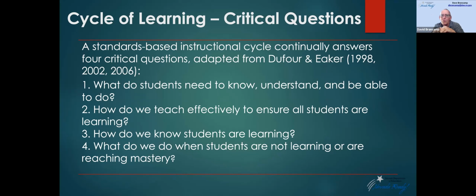And then that piece: what do we do when students are not learning or not reaching mastery? It's not always that we just pull out some new program or something else. It might be that you have to teach it a little differently, that tier one piece. We all heard the joke, let me just say it louder, or let me say it slower. No, we have to do something different, because what you said the first time isn't resonating with me. I have to hear it in a different way, see it in a different way, work with it in a different way. Those are the critical questions.